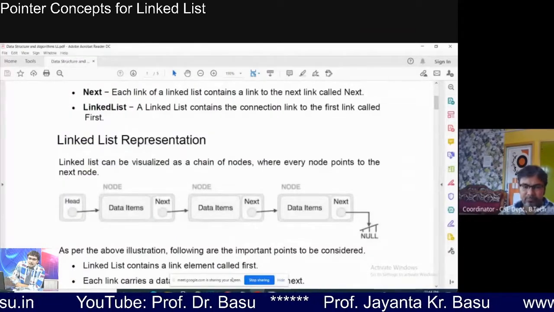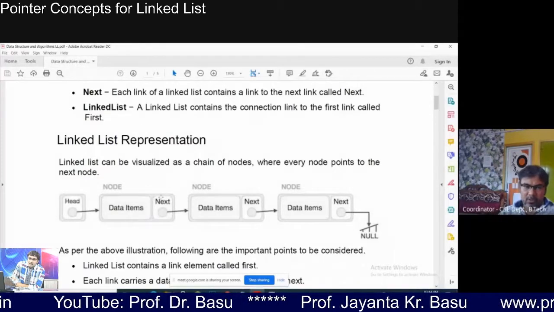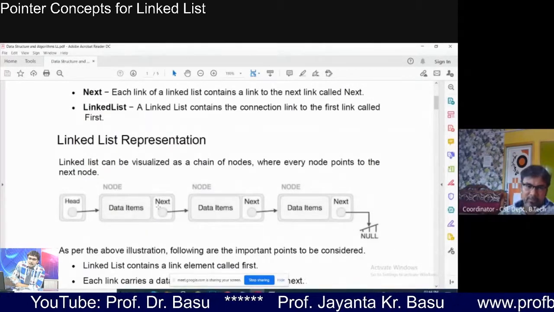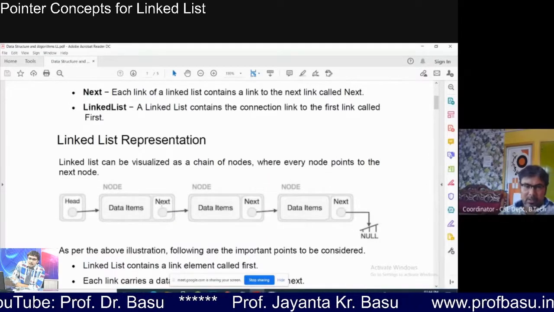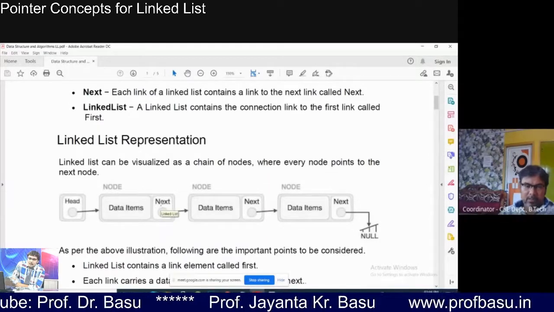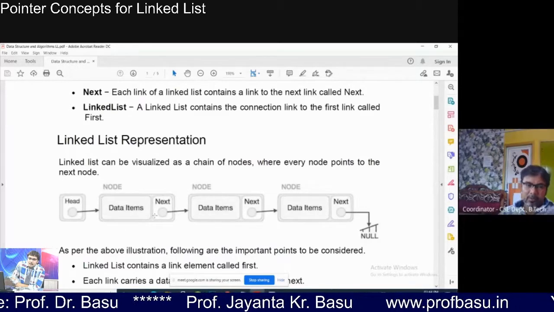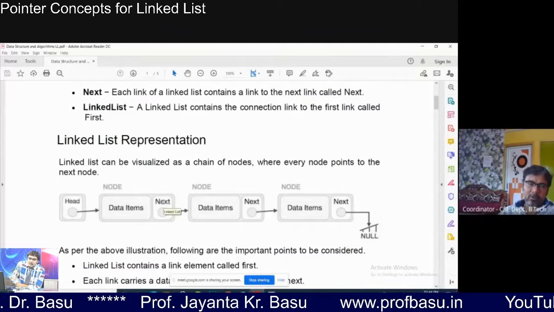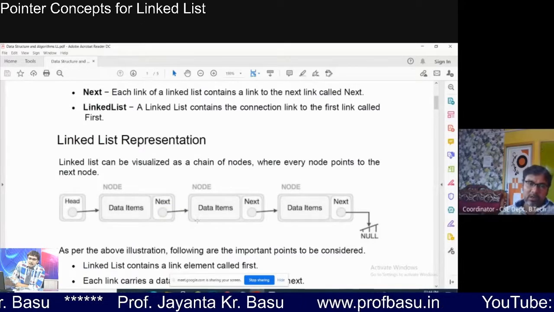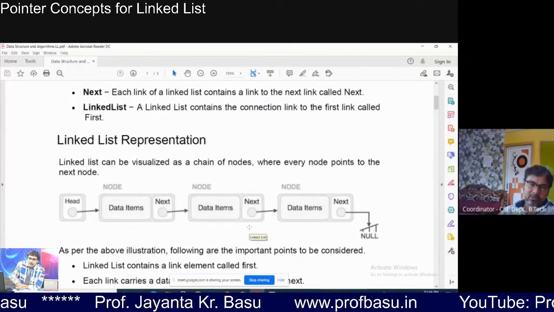Now my question is, what will be the type of this variable? I asked you and someone replied that this will be a pointer variable. Definitely, because this is a variable which is holding an address of the node.